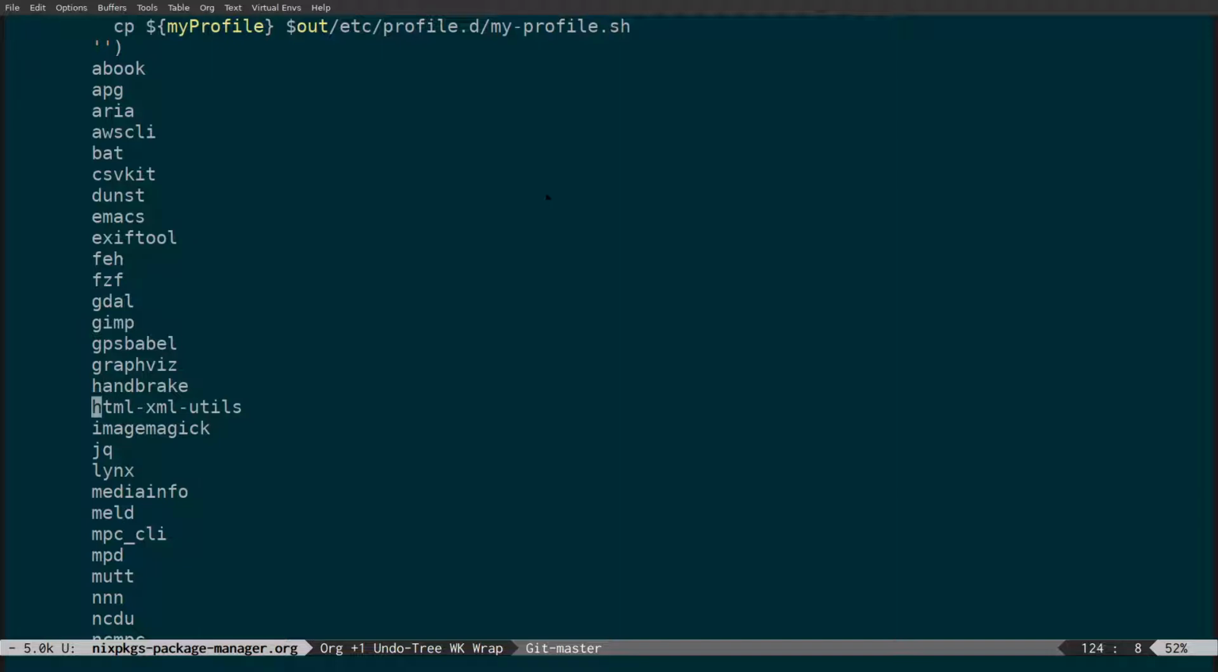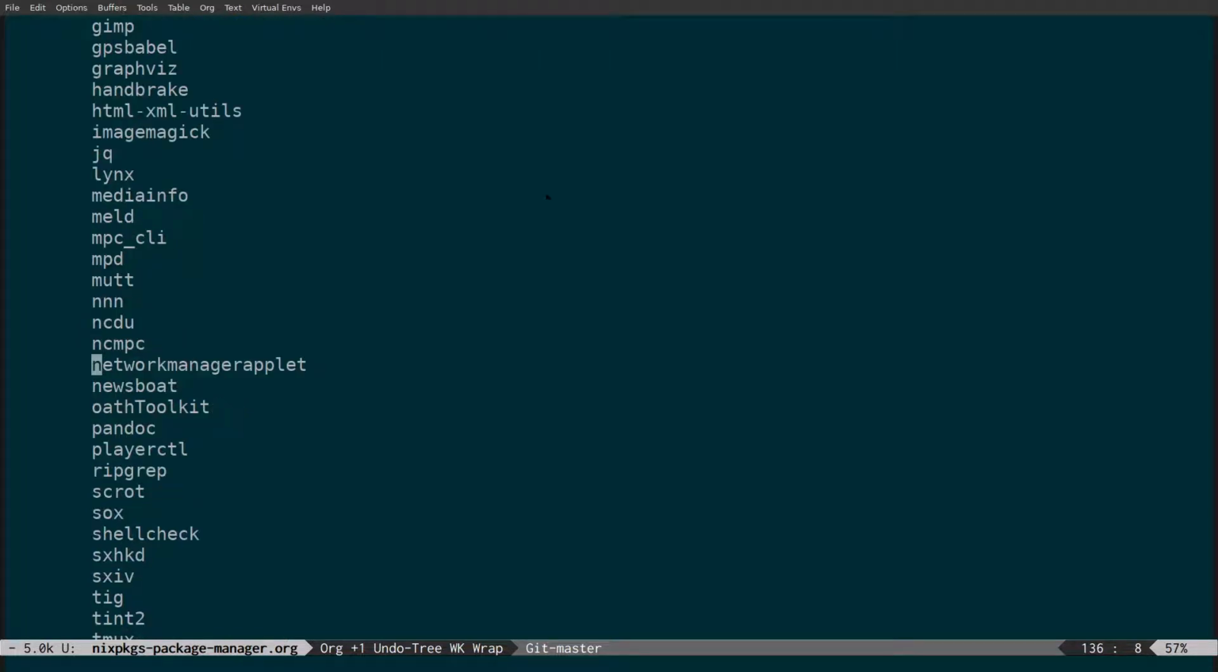Graphics, Handbrake, HTML-XML-utils, which is for manipulating HTML on the command line. Got ImageMagick, jq for manipulating JSON, links, mediainfo, meld. Got MPD, got mutt, nnn, ncdu, ncmpc, my interface to MPD. We've got the Network Manager applet, which is on a separate display. Newsboat, oath-toolkit for generating